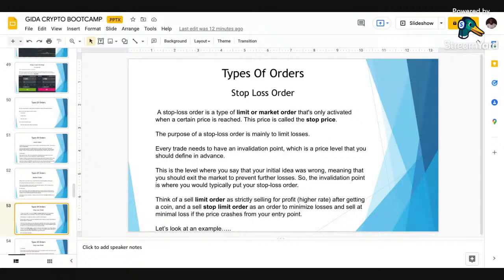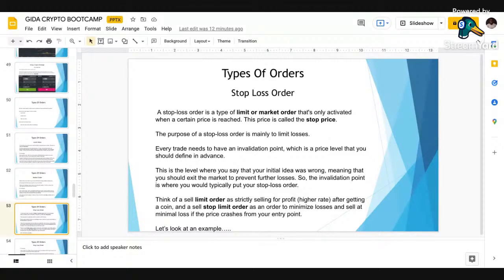Nobody wants to sell on loss. Have that at the back of your mind. There is nobody on this earth that wants to sell crypto on loss. What do you do with stop loss order? It helps you minimize your losses, not to be creating losses for you. So when you're setting your stop loss order, you have to shift it a bit away from your entry point,